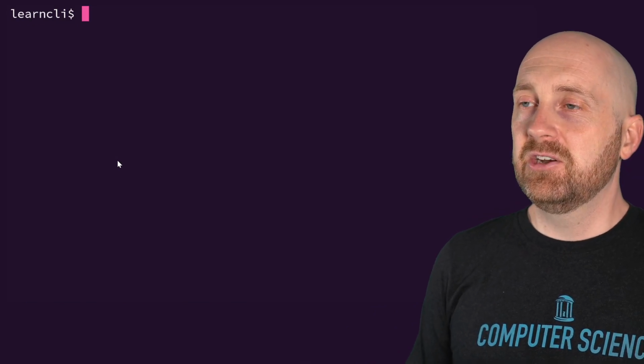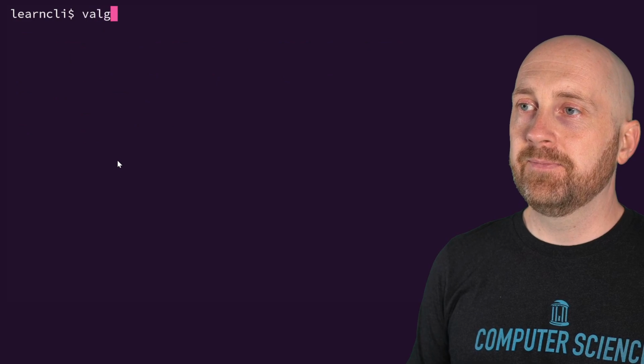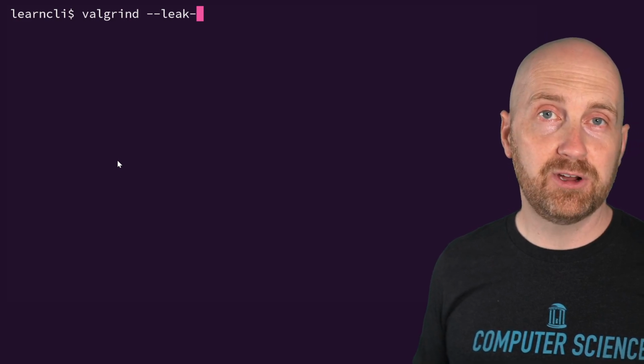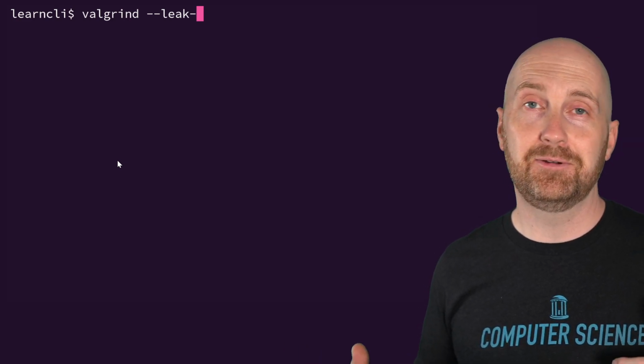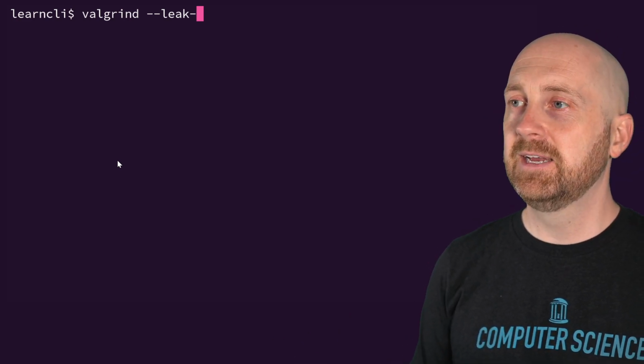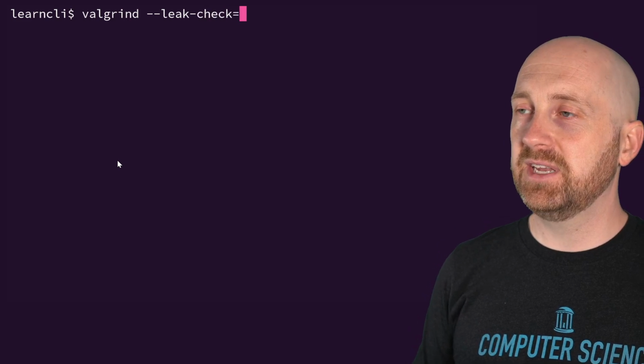Well, there's a tool named valgrind. And it can do a lot of things. It can profile your programs to let you know how much time is being spent in certain functions. It would give you a sense of what functions you should go optimize. But it can also check for memory leaks. And so what we're going to check